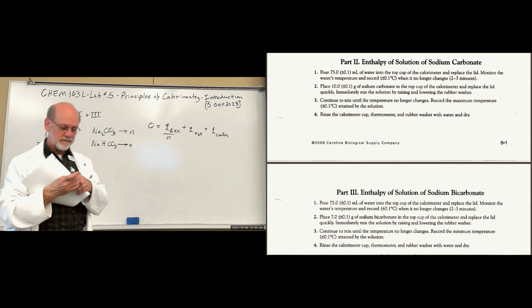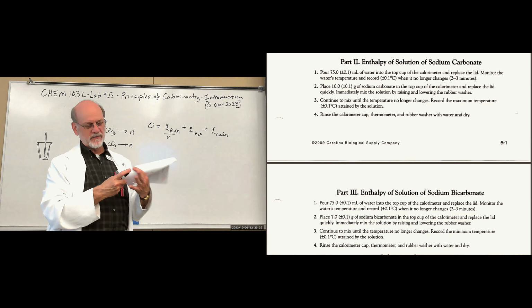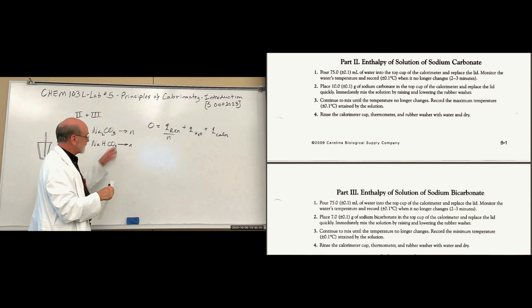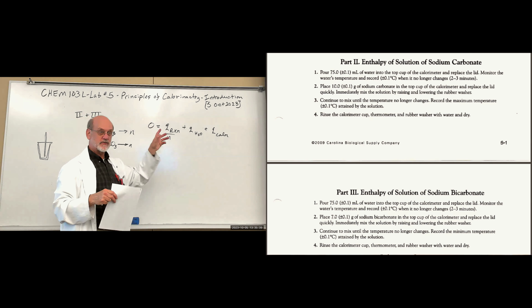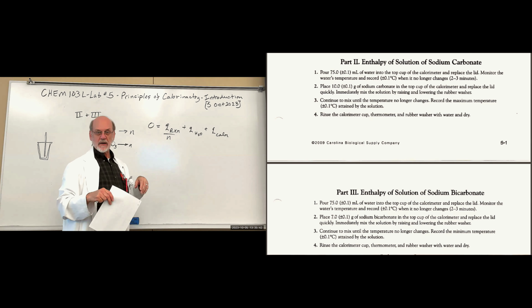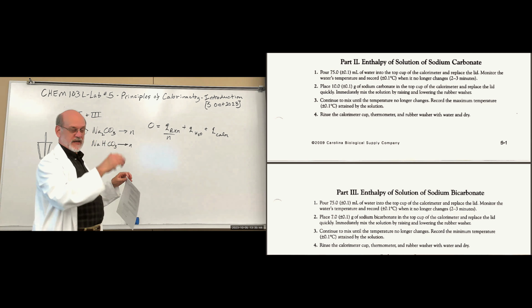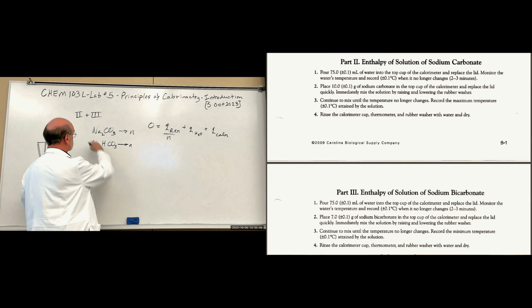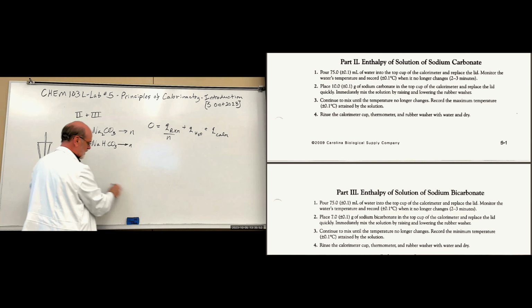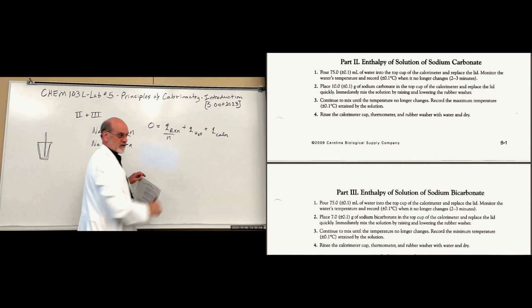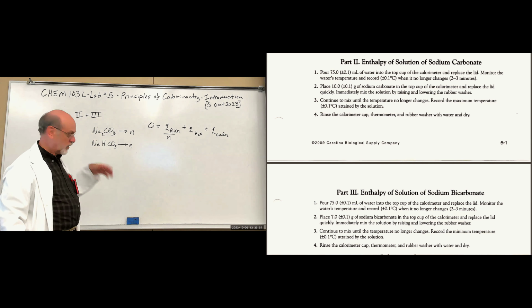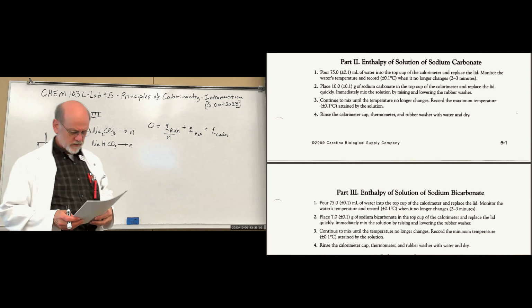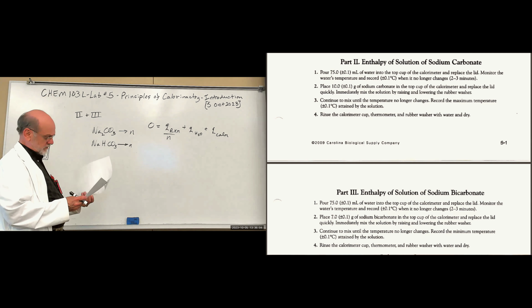So you need to set up your lab notebook the way you have in the past, so that you're ready to receive the data, and you know the data that you're going to collect. You're going to have temperatures, you're going to have masses. So it's best if in the data section you have it set up in a list. For experiment 1, you need this, experiment 2, you need this with a blank. And the units measured. So it'll be easy to find where you need to plug that information in. And then your calculations, of course,